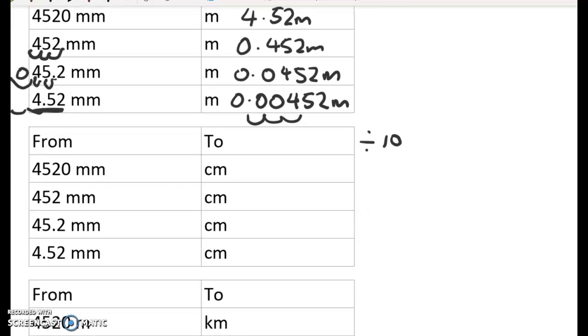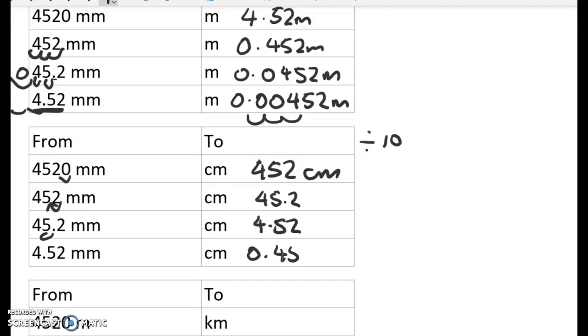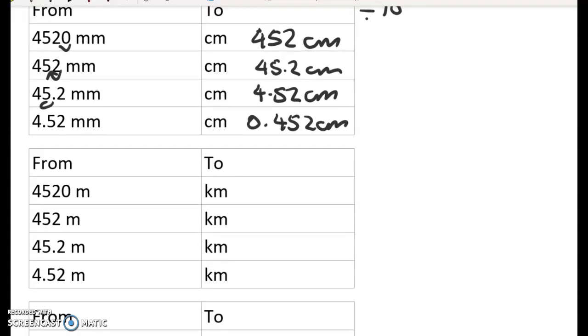Okay, these ones here, we get, dividing by 10, 452 centimetres, 45.2, 4.52 centimetres, and then 0.452 centimetres. This time from metres to kilometres, 1 metre is 1,000th of a kilometre. So we're dividing, again, we're dividing by 1,000. 1, 2, 3,